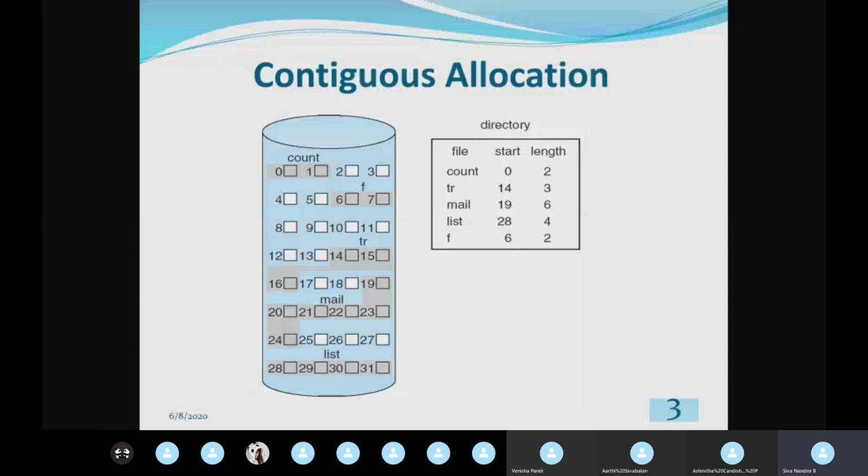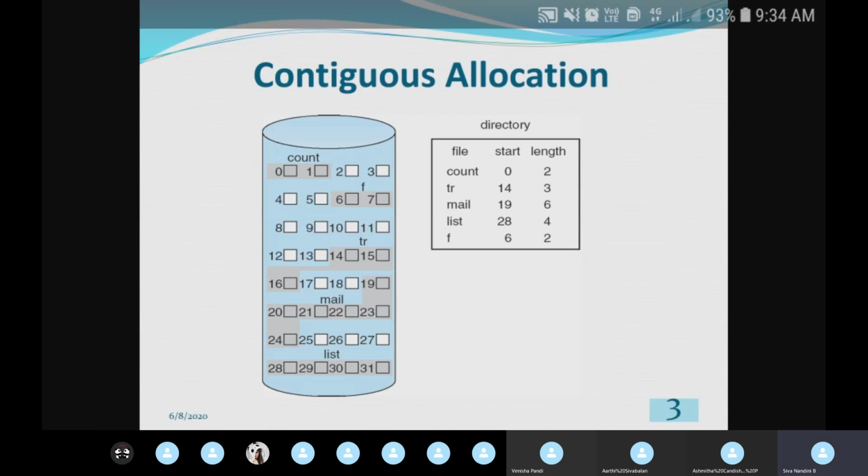You can see in the disk storage, the count is given by the shaded region. Count starts from 0 and its length is 2, so blocks 0, 1.